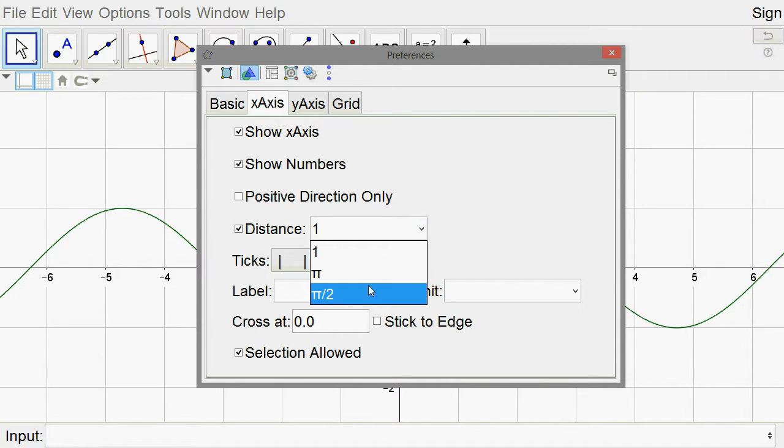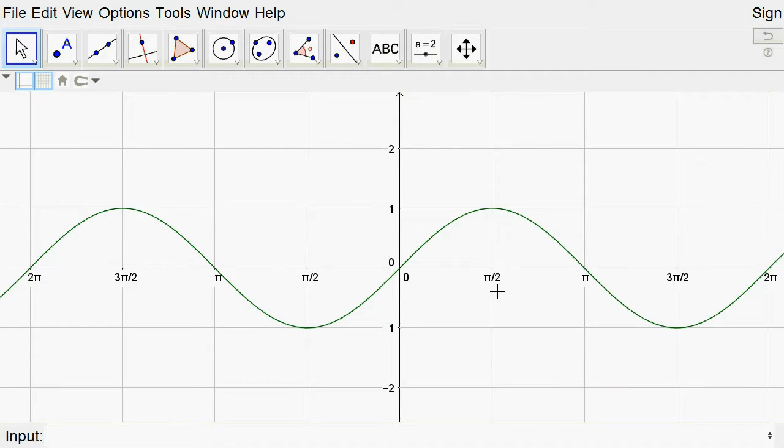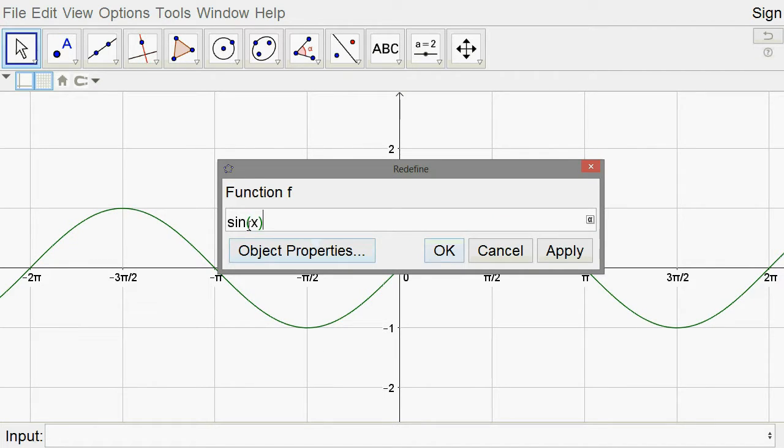We only have two options here. We have pi and pi over 2. So that works out nicely for that, but it doesn't really look like a fraction form like the LaTeX did. That's one thing. So if you want it to be a vertical fraction, you're out of luck by default. But let's say instead of sine of x, you want to graph tangent of x. So if I just change this to tangent of x,